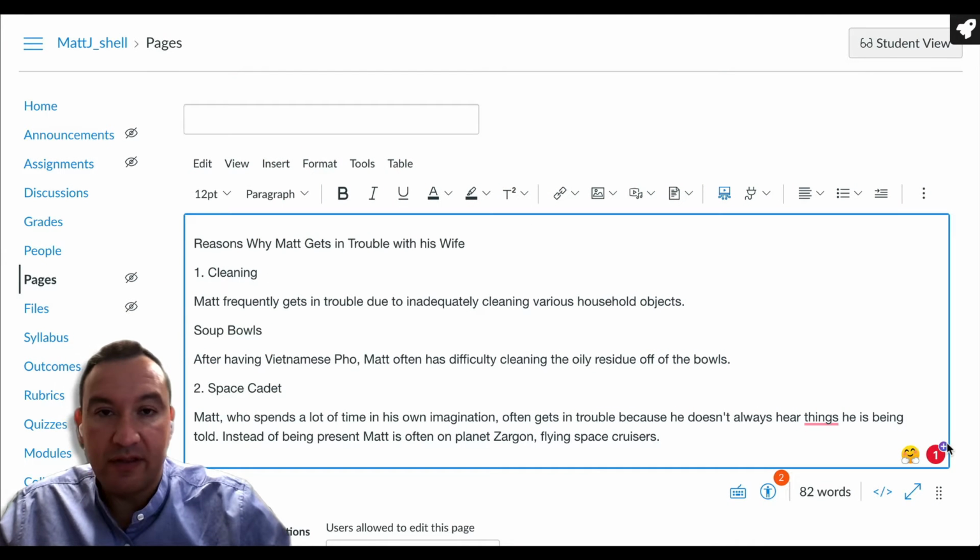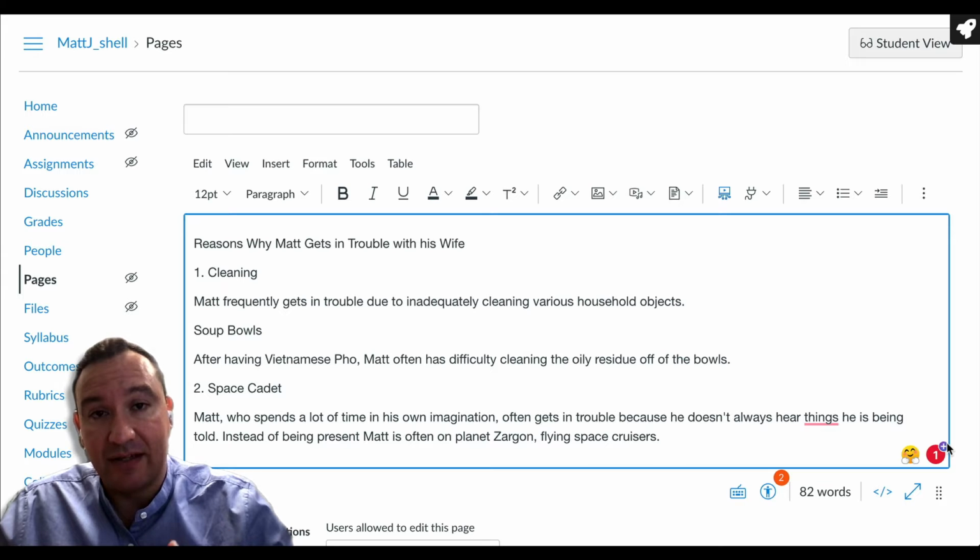Everyone. So one of the things that I wanted to cover with you real quickly is how to set up heading styles for accessibility purposes in your Canvas course. Now, heading styles, when structured properly, can help someone navigate the content that you're putting in Canvas. So let's go ahead and take a look at the screen real quick, and this is what I'm referring to.